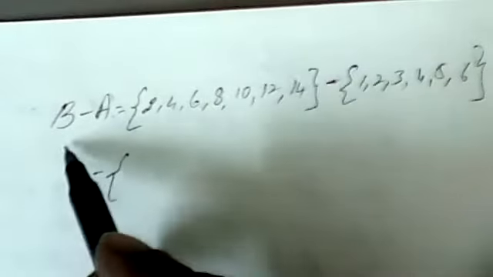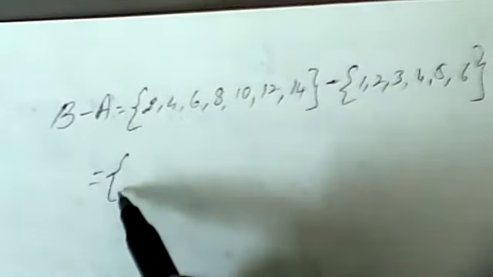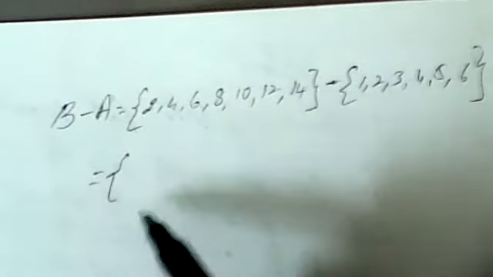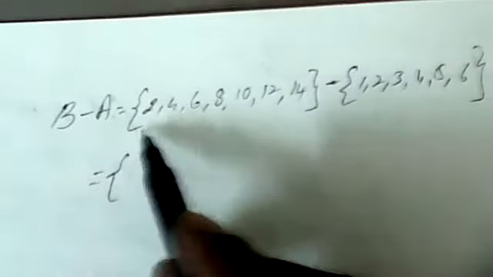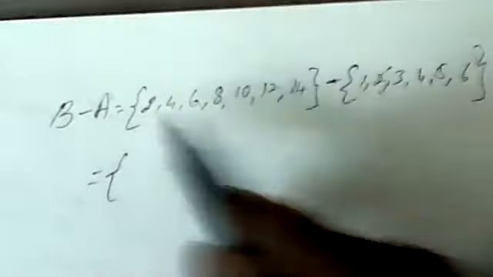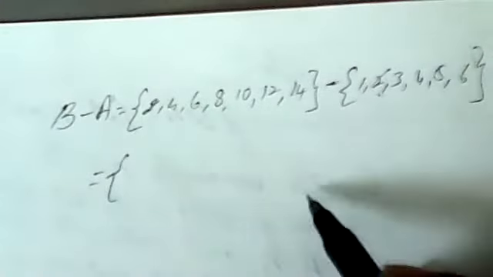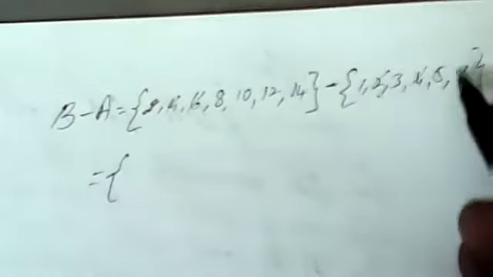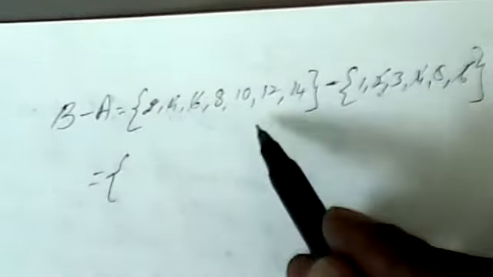So how do you define B में से A चले गया? That means it should contain the elements that are in B but not in A. तो B में वो रहना और जो A में है वो नहीं रहना. दोनों कॉमन जो एलिमेंट्स है उसको निकाल लेना. So first see, 2 is here and 2 is here, ये नहीं रहना. 4 भी नहीं रहना. 6 भी नहीं रहना. 8 नहीं है, 10 नहीं है, 12 नहीं है.